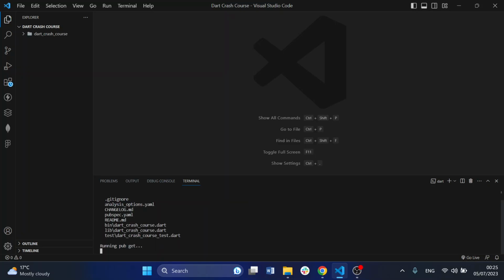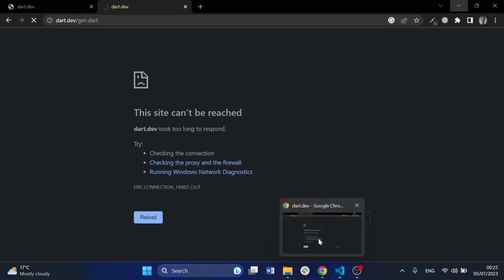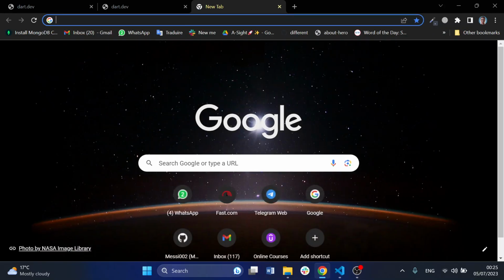You press enter, and it's going to generate the various files automatically for you, right? While also keeping in mind that it's going to run pub get on your machine. Pub get is just used as a package manager, right? To be able to download some default packages. But you can still go ahead and add packages. And if you want to see the different packages that are available and which you can use with that, what you just have to do is to go to